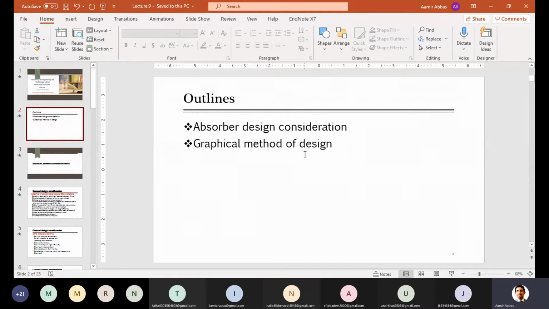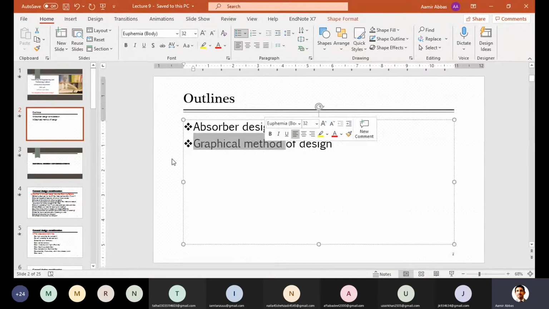There you have seen just a few points which you have to keep in mind, some information which you have to collect before you start the design, and some other parameters which were mentioned which you will calculate or find during the main design of this equipment. So in this lecture we are going to cover this part today.